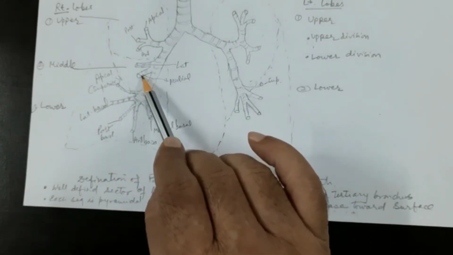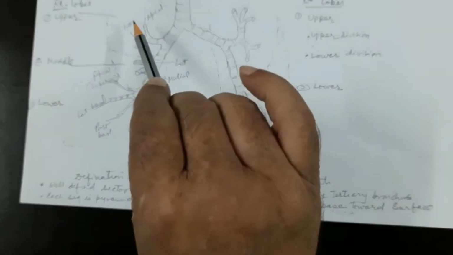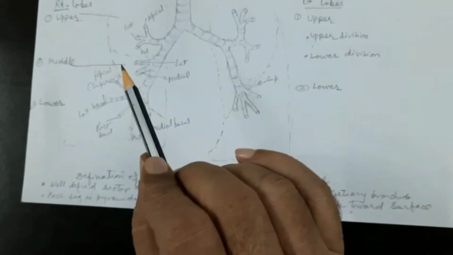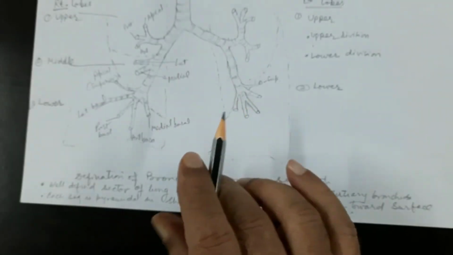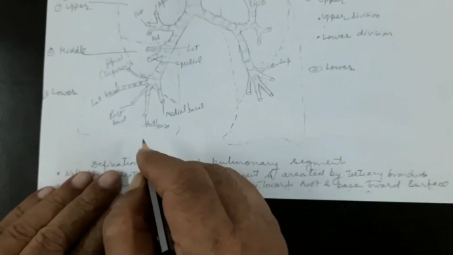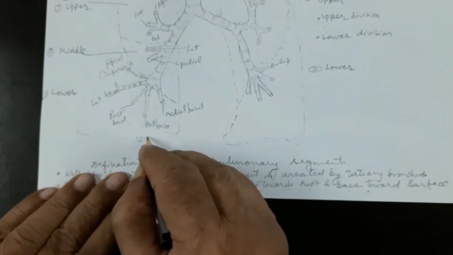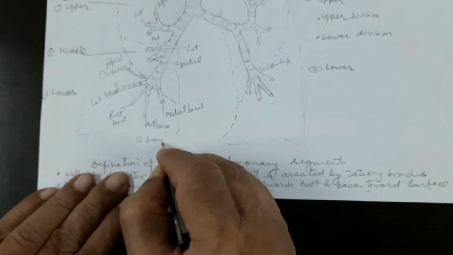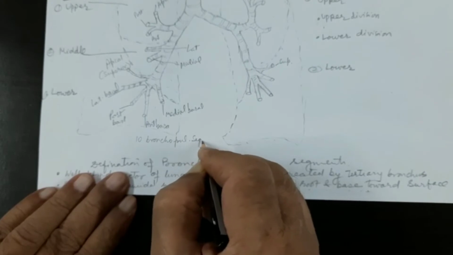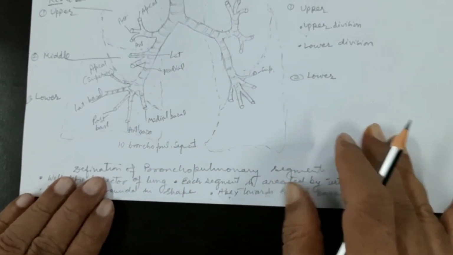There will be 2 bronchopulmonary segments, medial and lateral, in the middle lobe, and there will be 3 bronchopulmonary segments in the upper lobe, because the upper lobar bronchus divides into 3 segmental bronchi. Thus there are 10 segments, which we can now call bronchopulmonary segments. So there will be 10 bronchopulmonary segments.